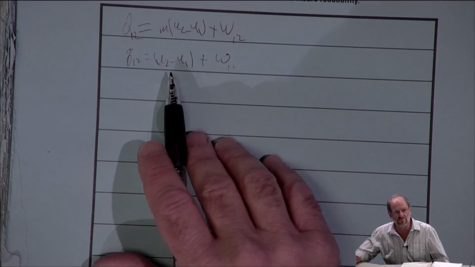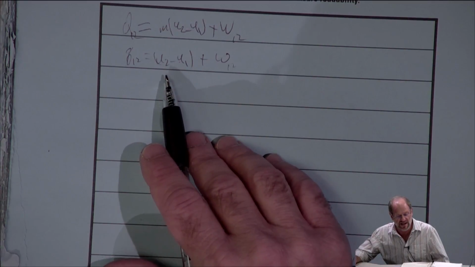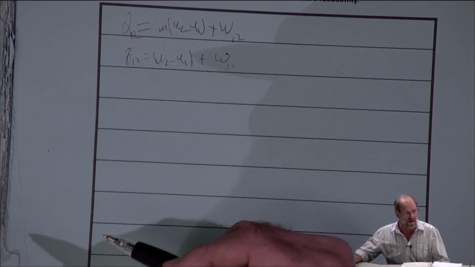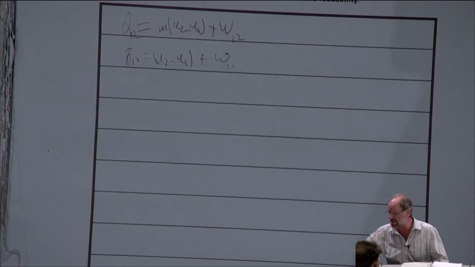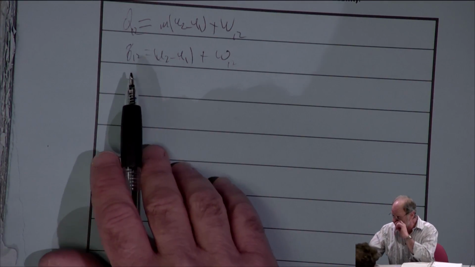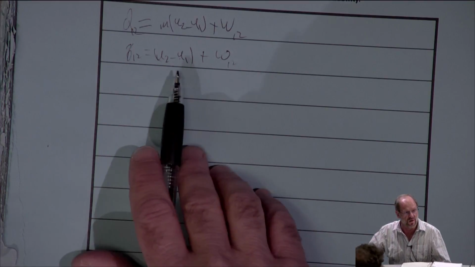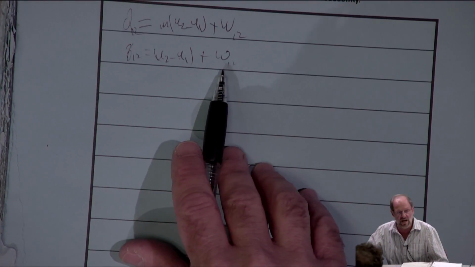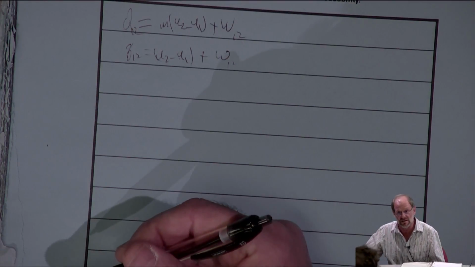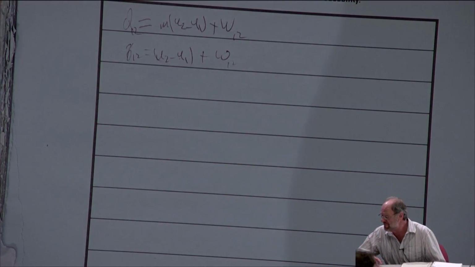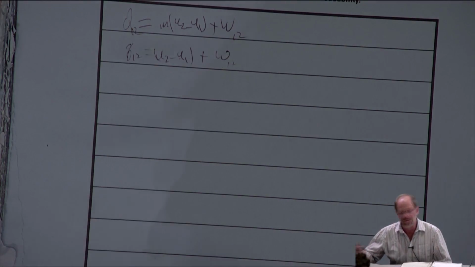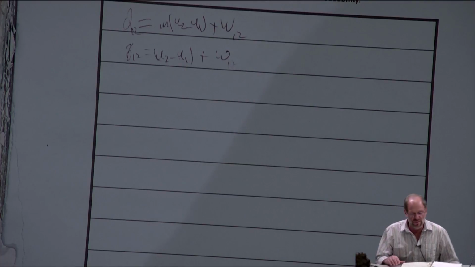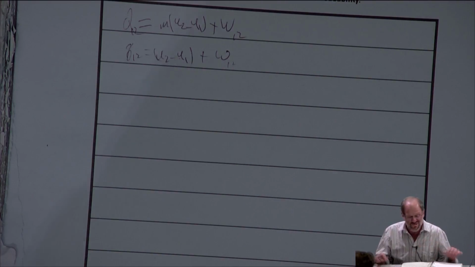So look at the problem statement. If it says something like present your answers in BTUs per pound mass, like one of the homework problems did, then you should really be using this version of the equation, the one where everything is lowercase. Everything's on a per unit mass basis. It's just going to save you a lot of grief if you use the right equations up front. So those are just a couple of points that I wanted to make regarding general first law problems. All right, so